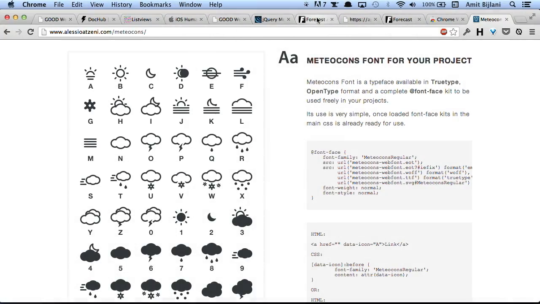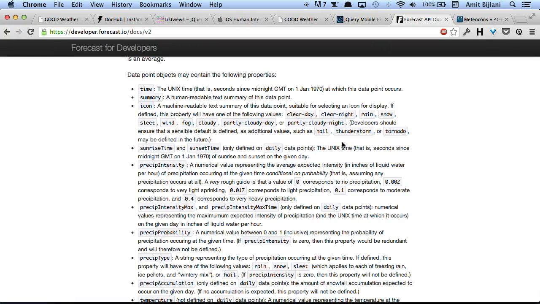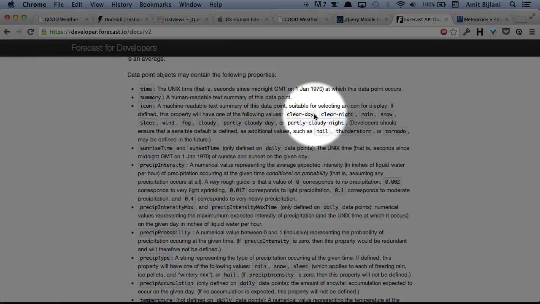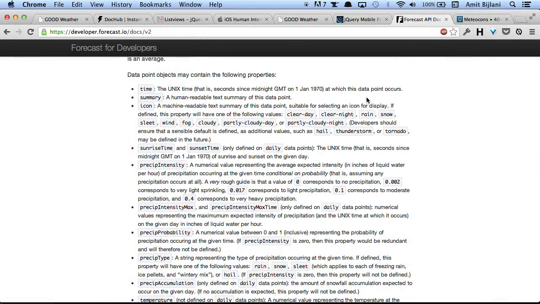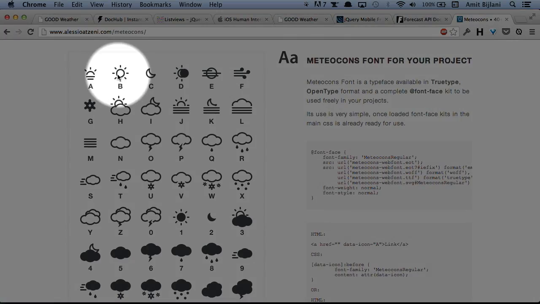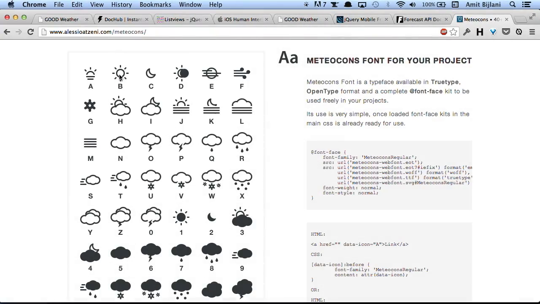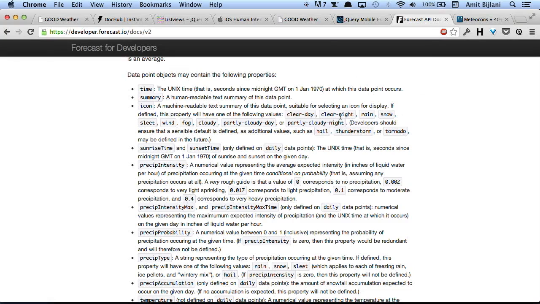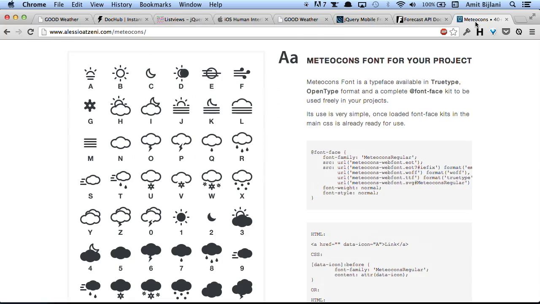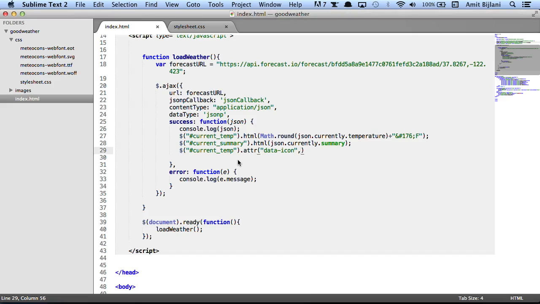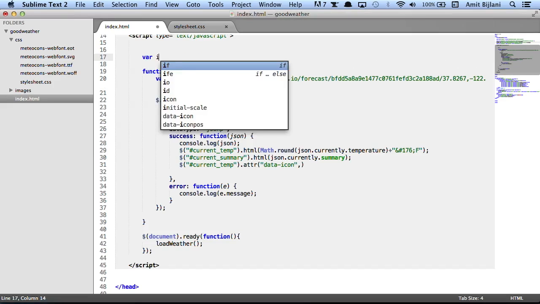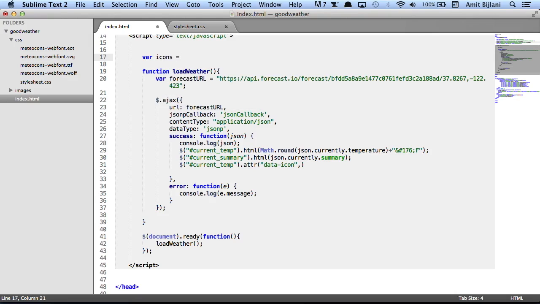And if I go back to the API, let me just close a few of these tabs. So if I go back to the API, it says clear day. It sends us back this icon attribute that says clear day. So right away, I know I need to map clear day to the letter B because that's the icon for sunshine. And so on and so forth. We can map each one of these, clear night, rain, snow, with one of these icons. So we need to create an associative array in our JavaScript. Okay, so we'll do var icons equals